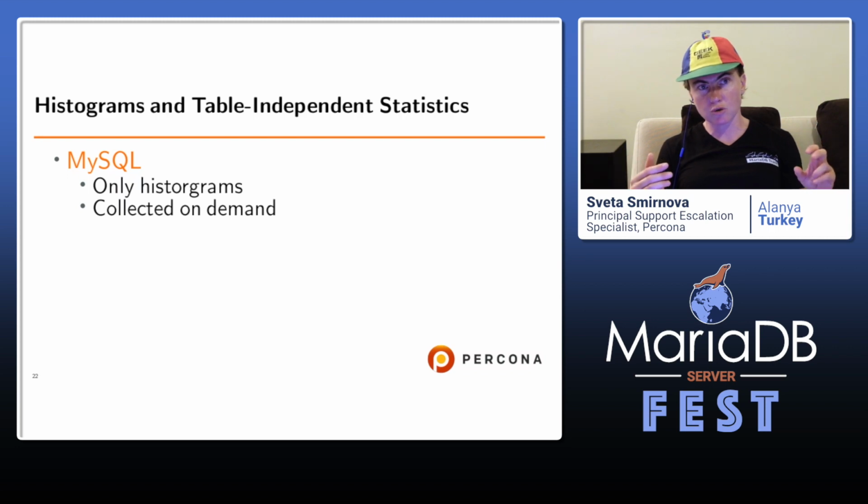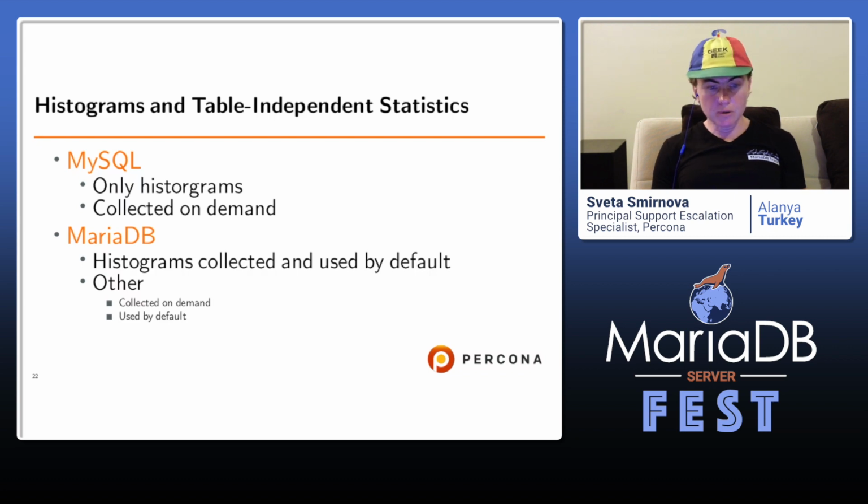With histograms, you can identify that the table has only 3 rows with red color and 1000 rows with blue color. It could be useful when creating plans. MariaDB has supported histograms for quite a long time. It also supports statistics similar to index statistics, but in an engine-independent way.